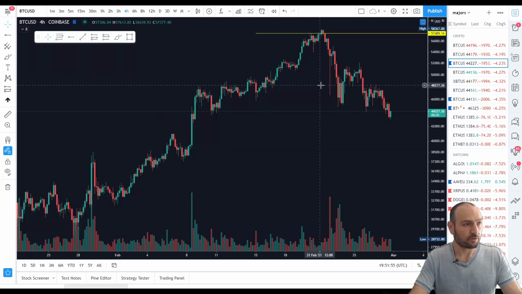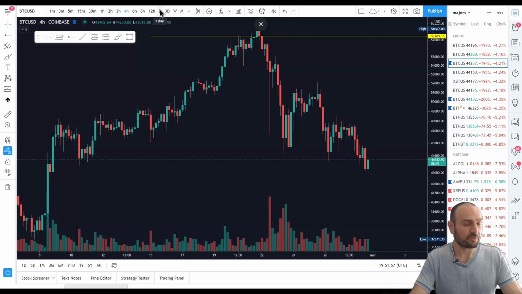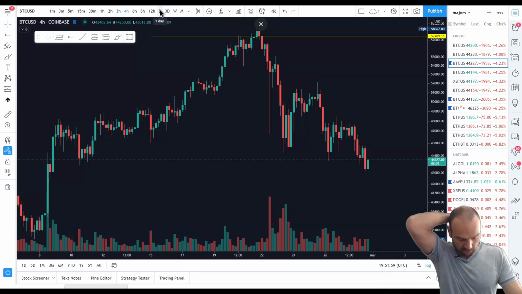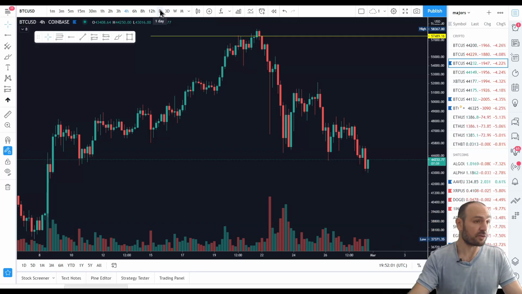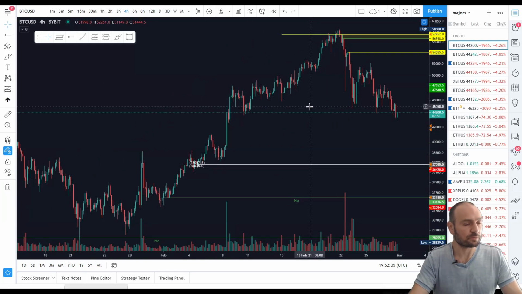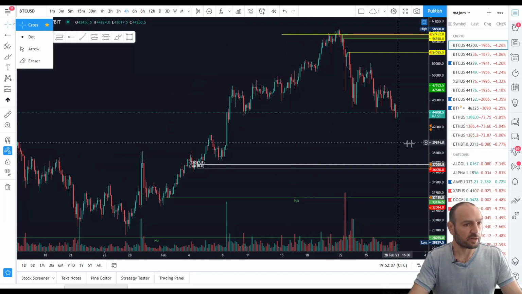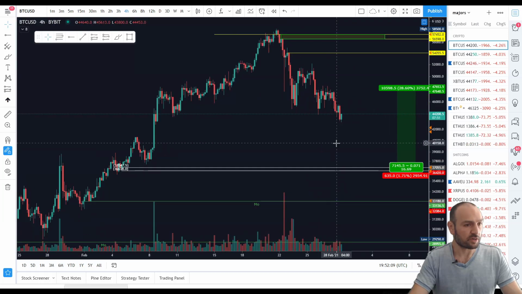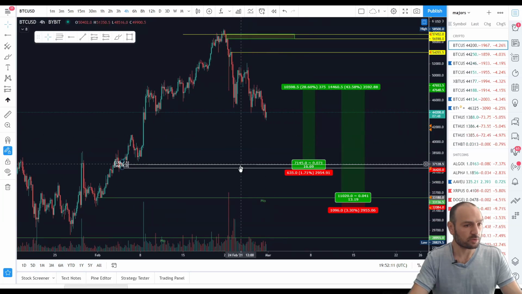I like trading on the 4 hour, but really the higher time frames are where it's much less stressful and good. So what I'm eyeing right now, since we are still in the downtrend, is that if we do go to 37,000, I will go long there. Or if we fail 36,000, then I will exit that.